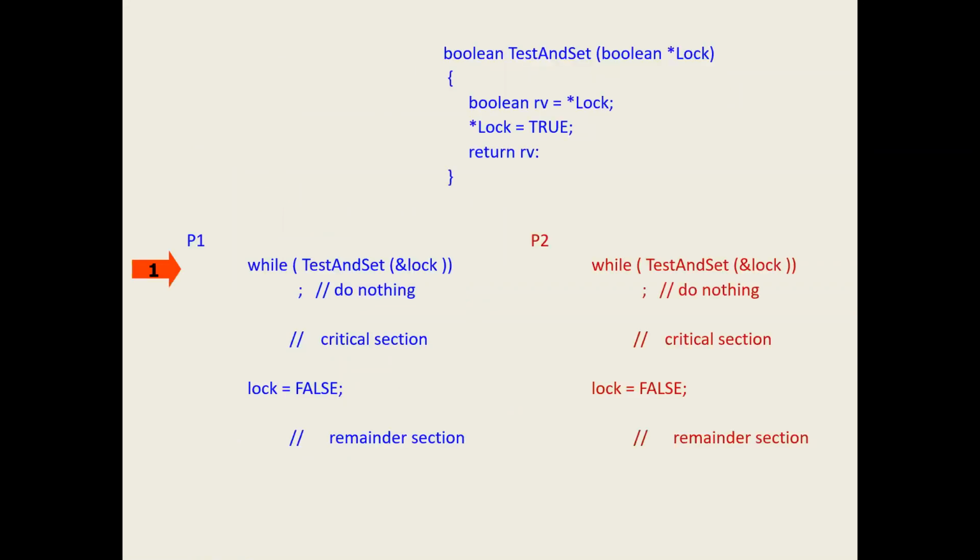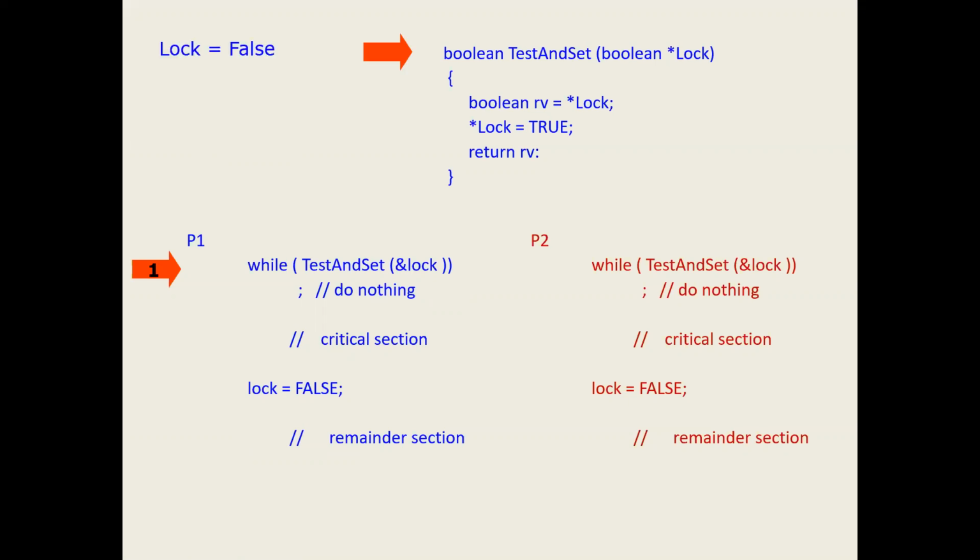So we will take a simple example like this. We have two processes, P1 and P2. There are critical regions in both. What we need to do is protect the critical region, and check whether we can meet the three conditions, that is mutual exclusion, progress and bounded waiting. So we'll see in a sequence like this, while test and set.